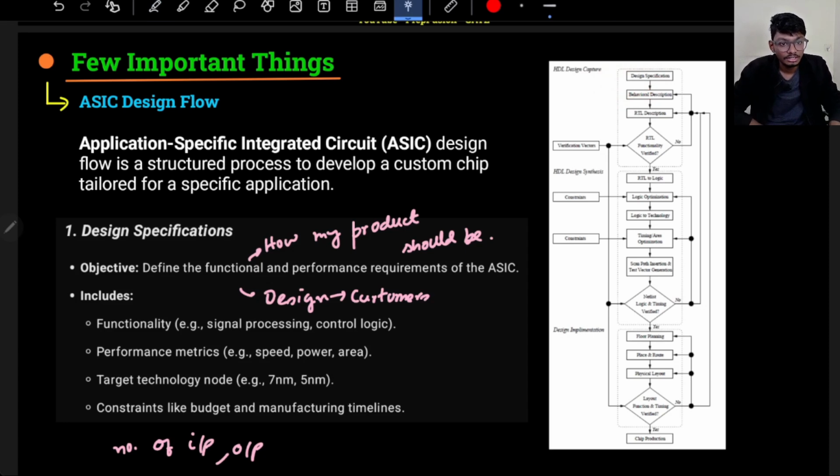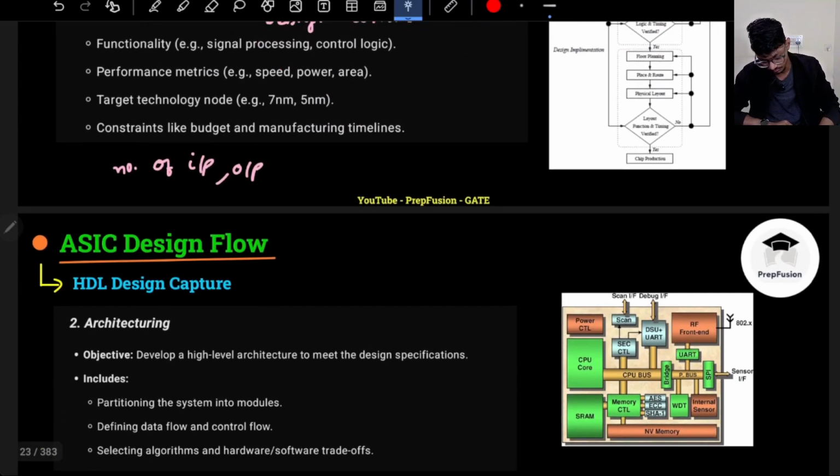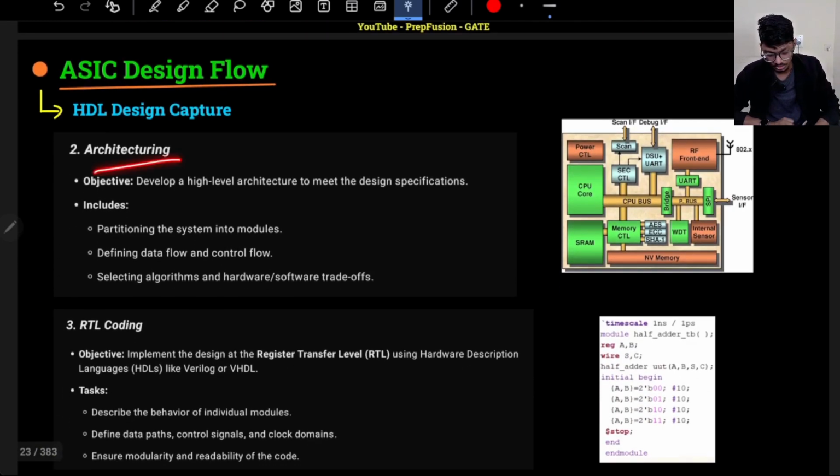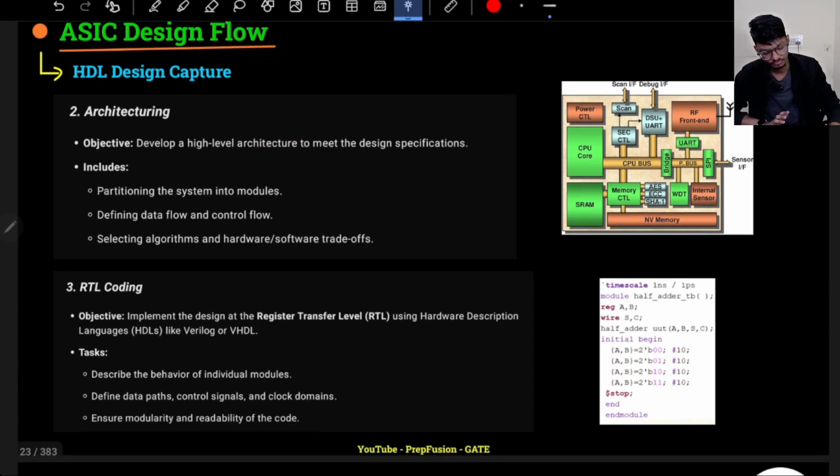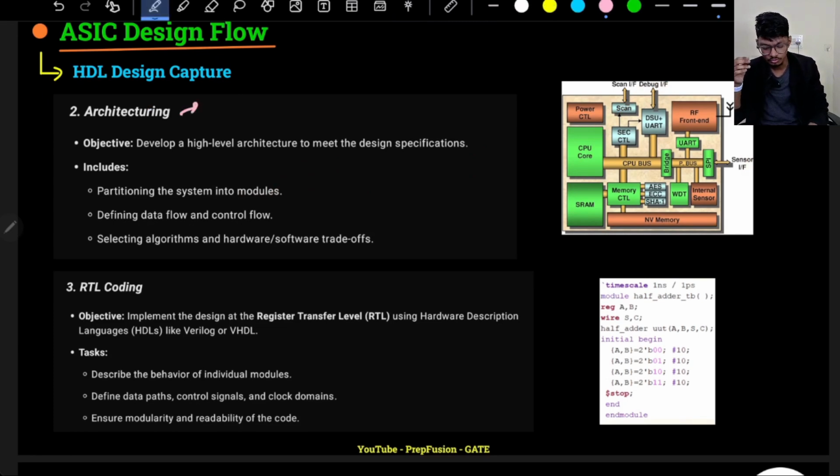Next, they come to the behavioral description. What is this behavioral description? This is known as the architecturing. Architecturing is to develop a high level architecture to meet the design specification. Like this is a common microprocessor architecture, right? So in architecturing, what do they do? They divide the bigger problems into smaller ones,